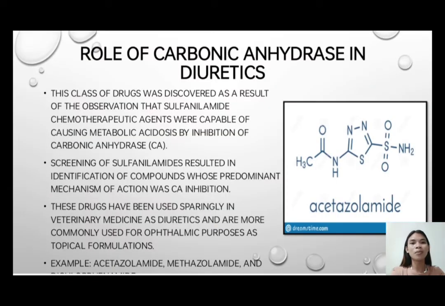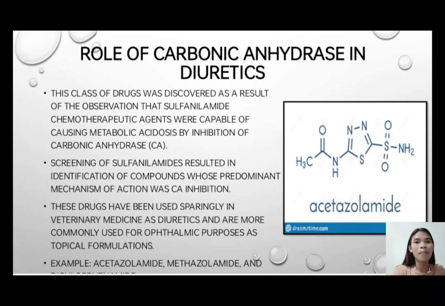This class of drugs was discovered as a result of the observation that sulfanilamide chemotherapeutic agents were capable of causing metabolic acidosis by inhibition of carbonic anhydrase. Screening of sulfonamides resulted in identification of compounds whose predominant mechanism of action was carbonic anhydrase inhibition. These drugs have been used sparingly in veterinary medicine as diuretics and are more commonly used for ophthalmic purposes as topical formulations. Some of its examples include